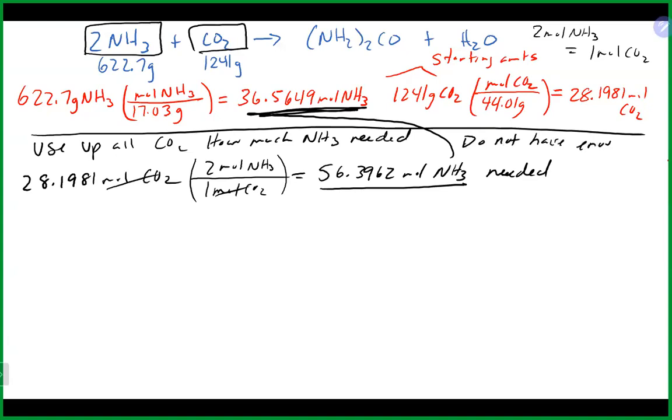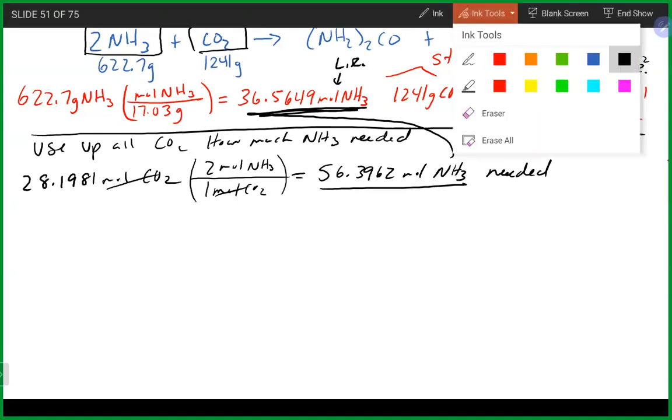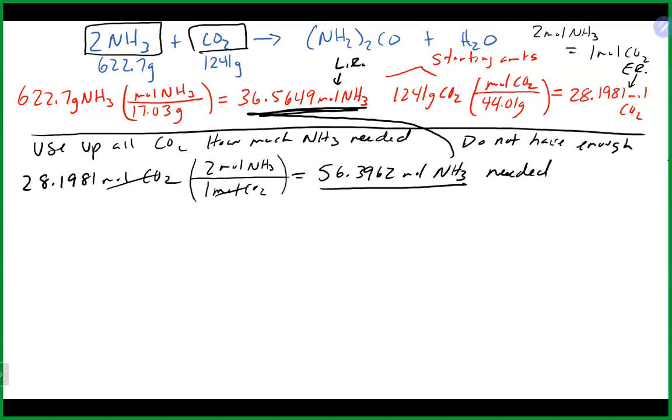So because I do not have enough, that tells me that it is the NH3 that is our limiting reagent. And by default, the CO2 is our excess reagent. Any question on that part? So again, you could choose either one. They both will tell you the same thing in terms of which one's the limiting reagent, which one's the excess reagent. Now that we have made our determination that the NH3 is the limiting reagent, we always want to use